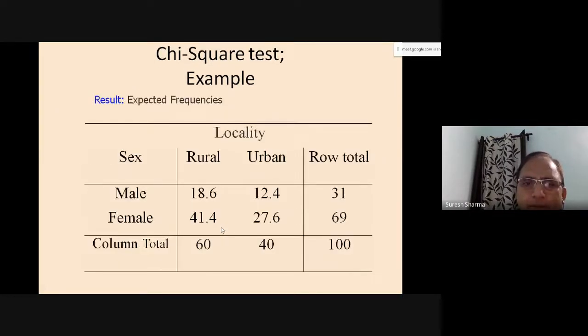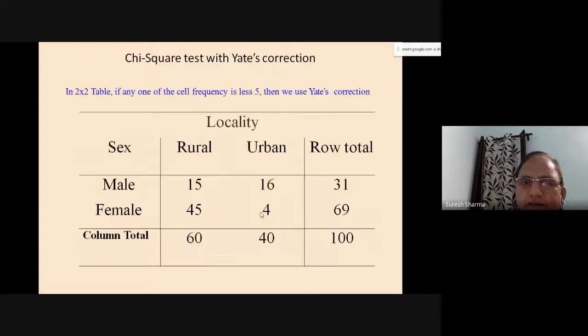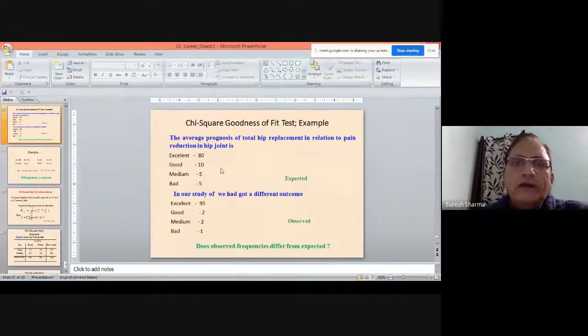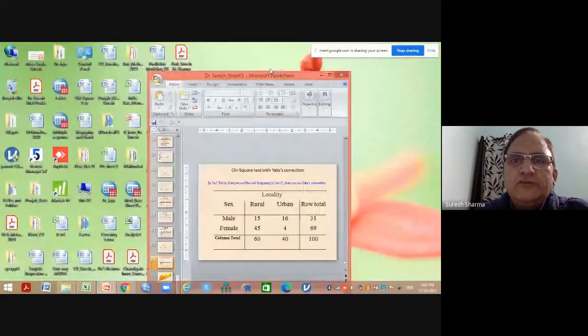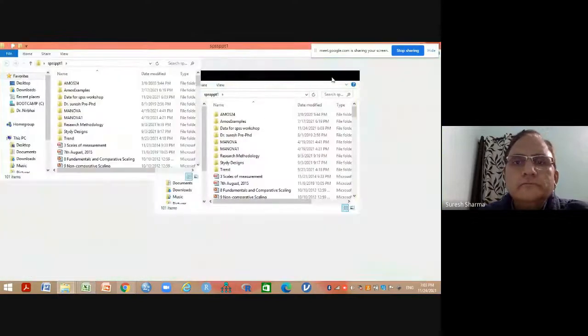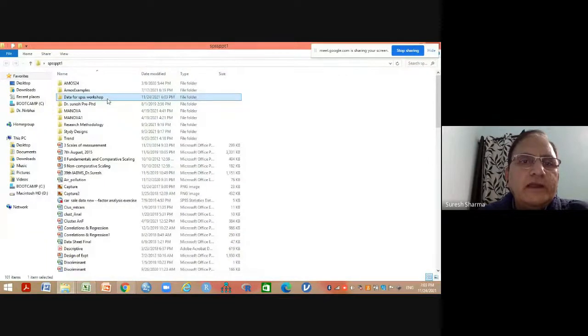Okay. So this is what we mean by chi-square. In one way, just 1 second and then it will be over. I'll apply chi-square to one of the data and show you how you will get the result. So let me open a file. Just give me 1 moment and you can apply chi-square and get the result.